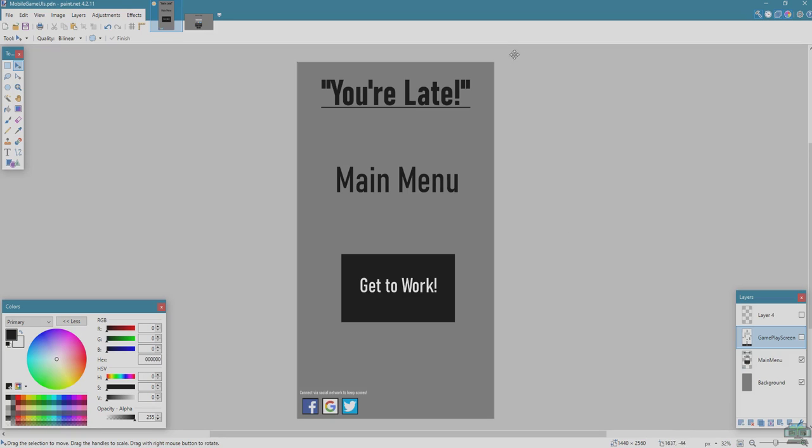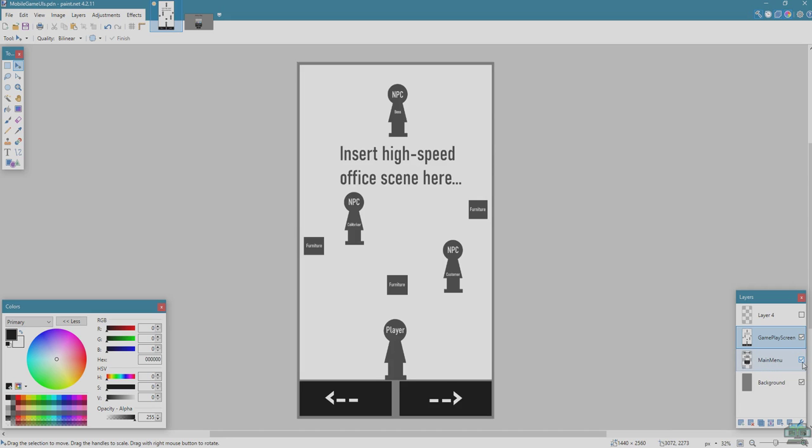Greetings, Internet world, and welcome to my graphic editing software where I am putting together a concept for an endless runner mobile game. So the idea of this game is very much like several other popular endless runner games in which the player is immediately presented with the ability to jump straight into the game via this option here that says get to work, and from there they're presented with an office scene